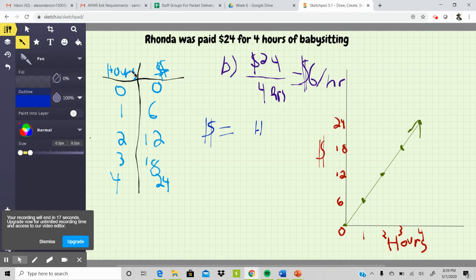So I have to manipulate my hours to get there. Well, remember, it's my constant of variation, which is also my unit rate, times my X variable. And we learned that was 6. So if I put 6 right there, 6 times 1 is 6. 6 times 2 is 12. 6 times 3